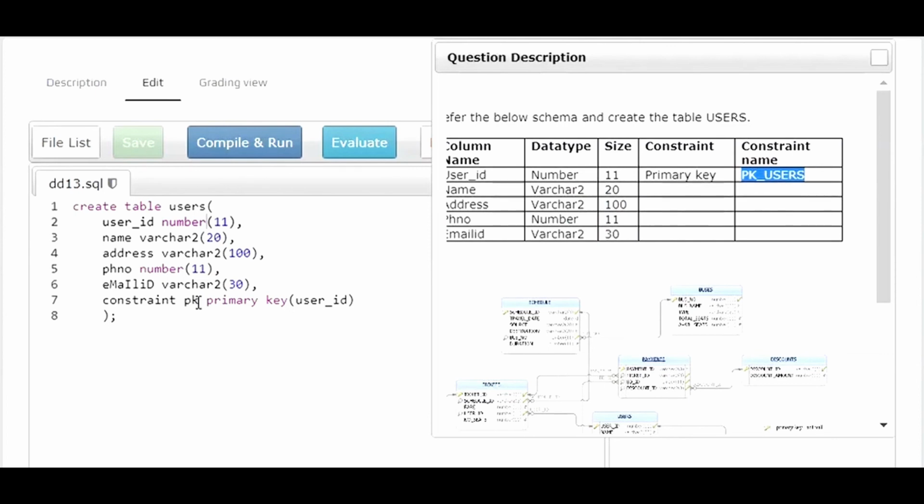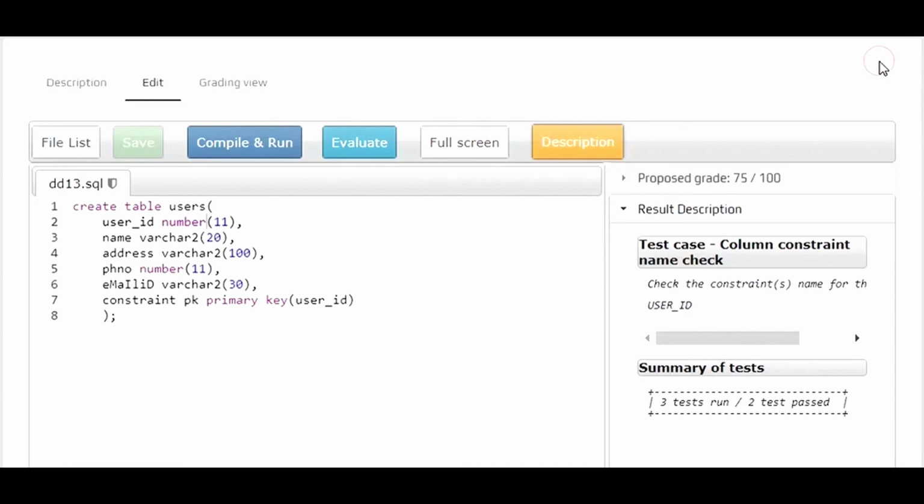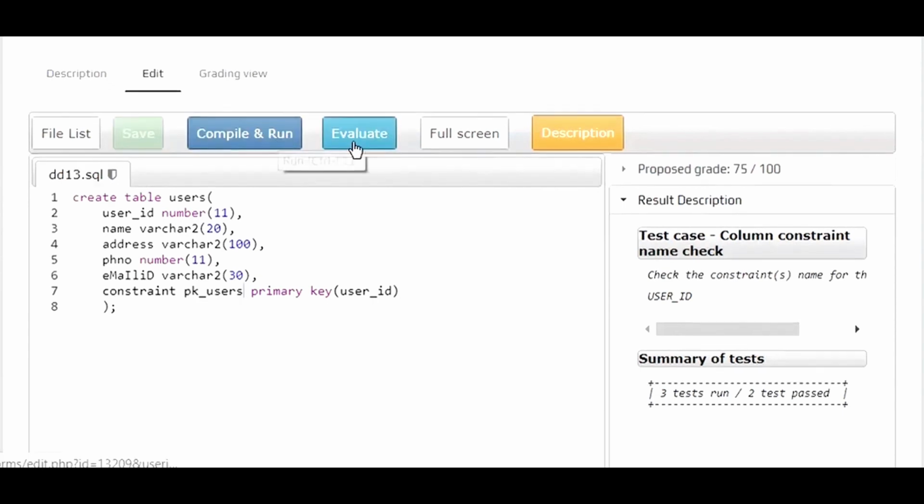So this is where it fails. Now come back to the statement, and now you say pk_users. This is the actual name of the constraint that had to be given for the user ID as the primary key, and click on evaluate.